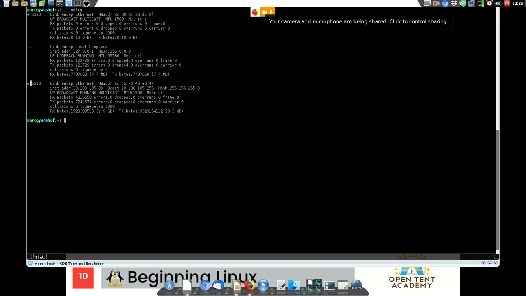The third one, that's my wireless, and my wireless is connected. According to my computer, I have the IP address of 10.100.105.99. I'm not going to get into private network addressing or public network addressing, but suffice it to say that 10.anything is not routable on the internet.